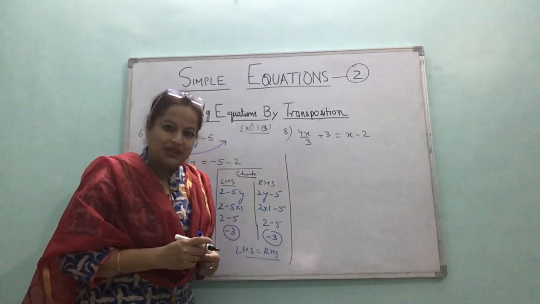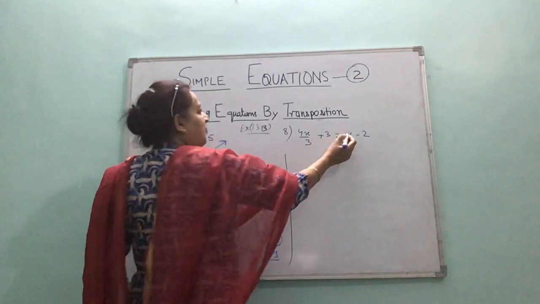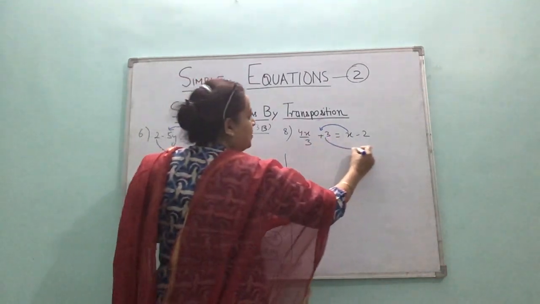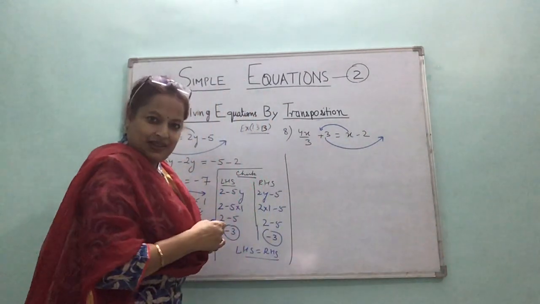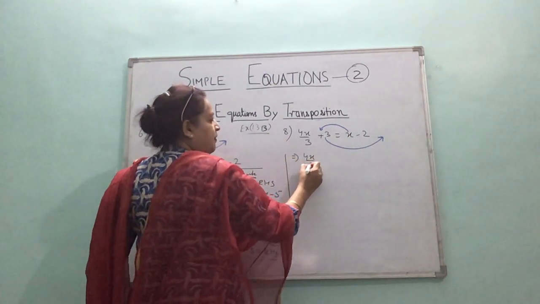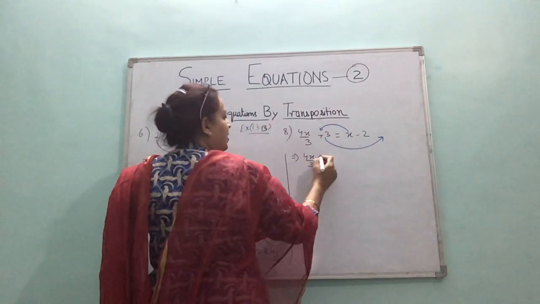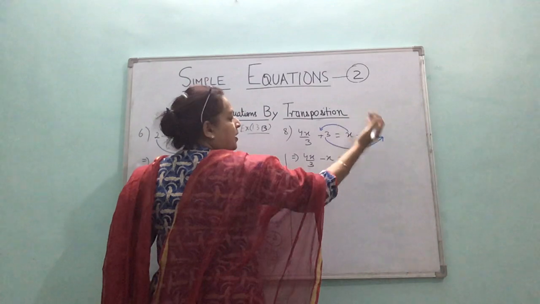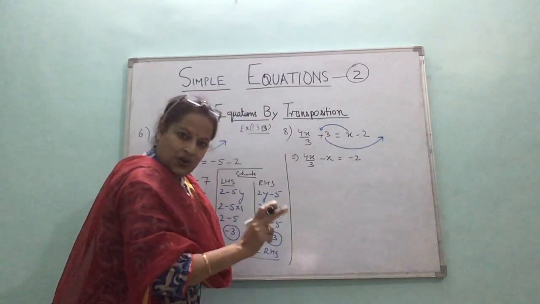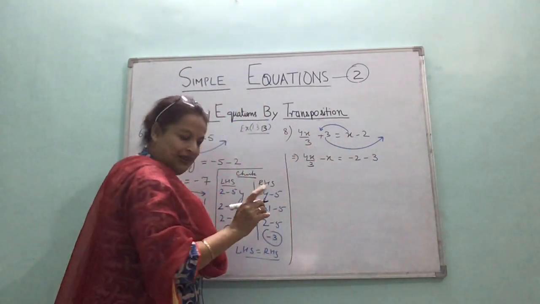Now here again transposition, double transposition, two values to be shifted. Plus x comes to the left hand side, it will become minus x, and plus 3 goes to the other side, it becomes minus 3. So what is my first step? Whatever was on the left hand side, the sign of that would not change. Only plus x would become minus x. Now this was already minus 2 on the right hand side, so the sign of that too would not change. So plus 3 would be what? Minus 3. Right? This step is clear?